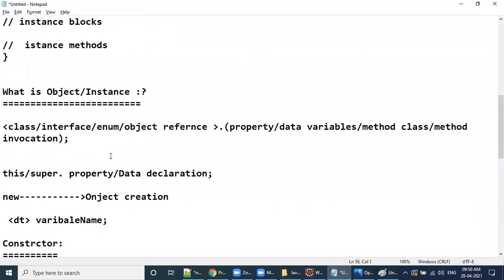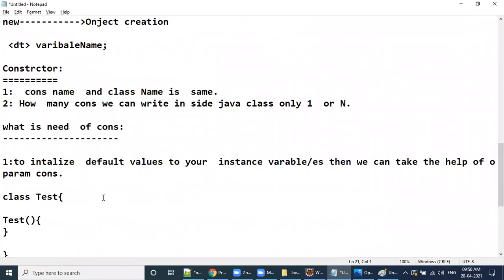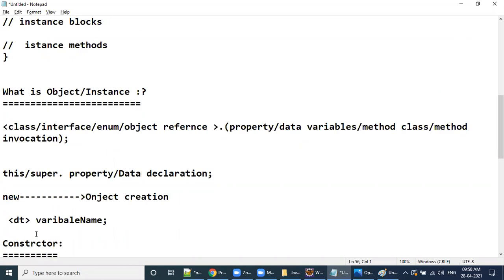Clear my point? Simple thing: I have instance variables and I need to provide some data, meaning I want to assign values to instance variables. The first way is with the help of a constructor, we can pass them here. I'm going to stop here for today's class. Tomorrow we'll discuss more. Okay, clear?